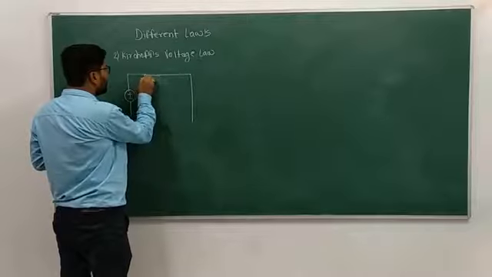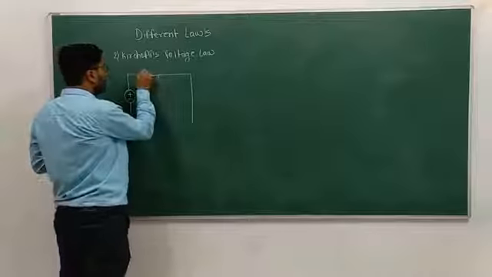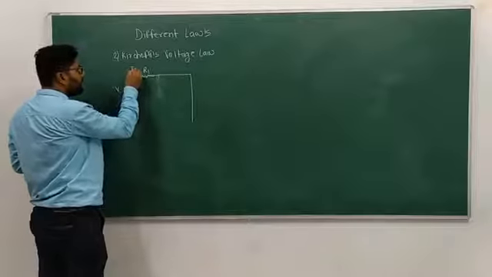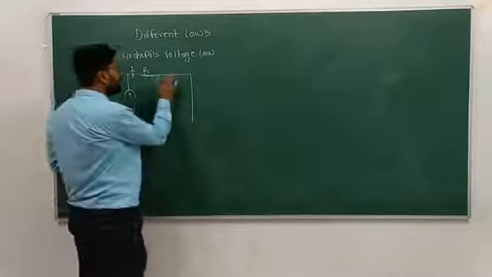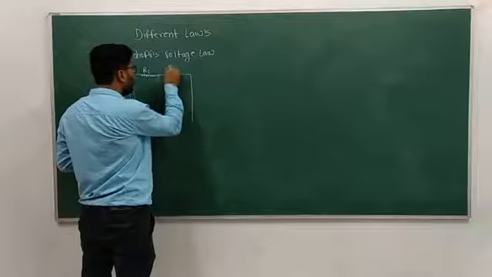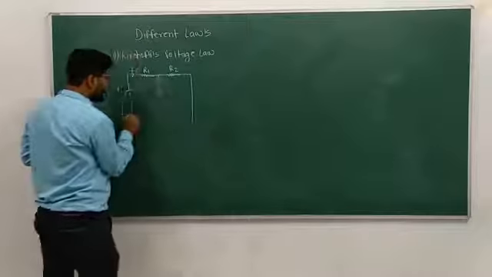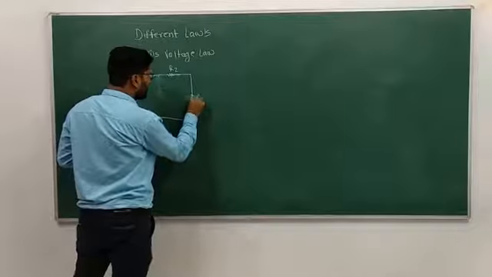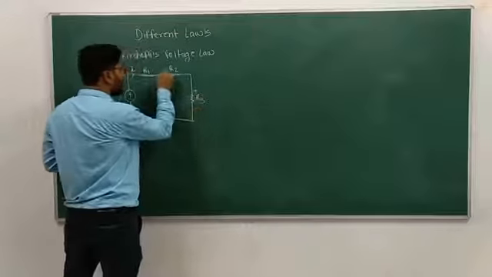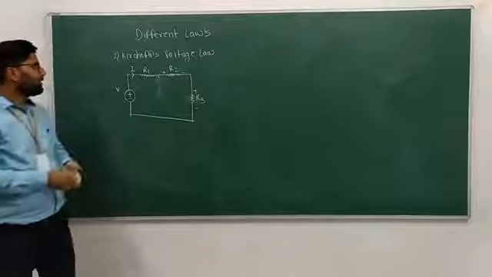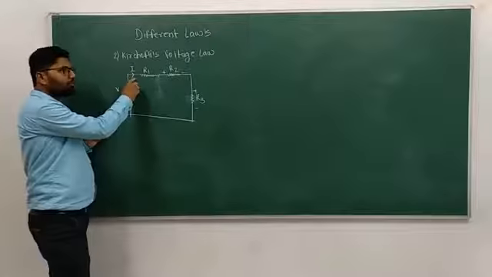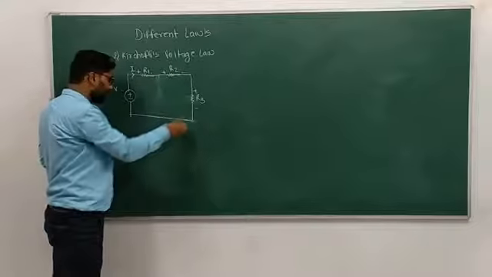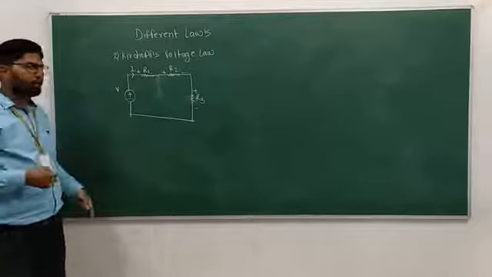There is a resistor available, that is called R1. This is V. Current I is flowing through that loop. There is one more resistor available, R2, connected here. Otherwise, we will take one more resistor here, that is R3. Plus, minus. How do we decide the current direction? When current flows from positive to negative, that is plus to minus. That is the way current is flowing in your circuit.